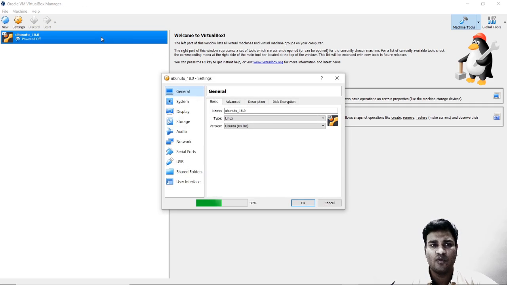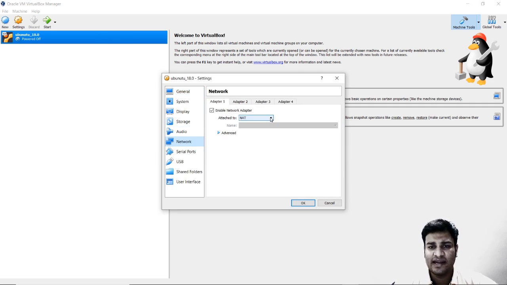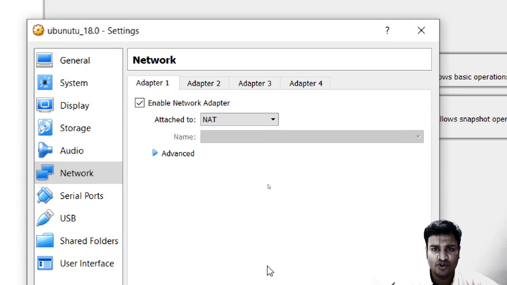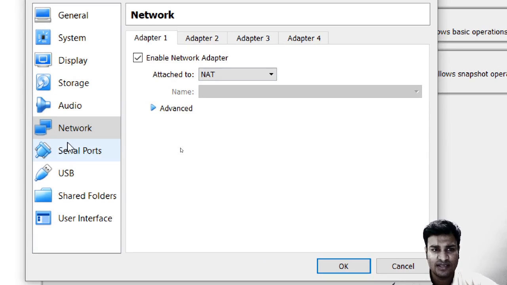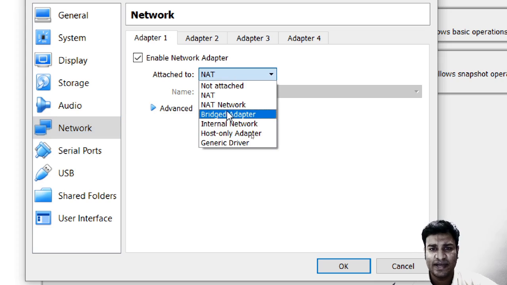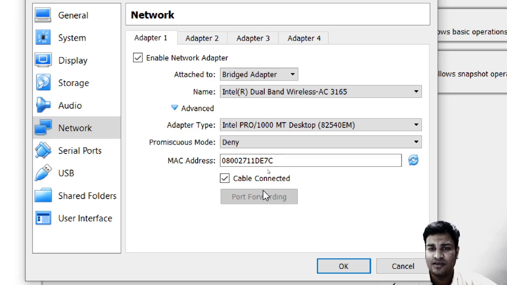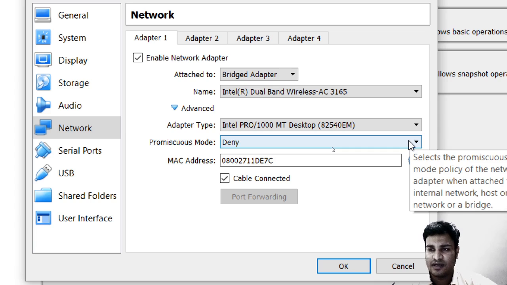So right click over here and go to settings, then go to network. In network, go to attach to and make it a bridge adapter. We are not discussing what exactly this is, as this is not the intention of this series.